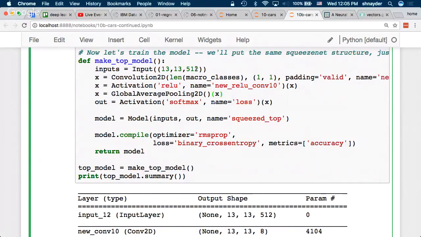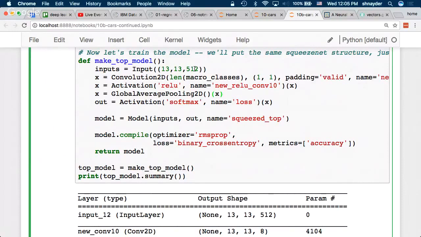And now I'm saying, okay, make it into a 13 by 13 by 8 feature map. So figure out a way to map those 512 things into 8 different things at each pixel independently, and then just average across the 13 by 13 space and use that as a prediction. So it's just another way to make a classifier.